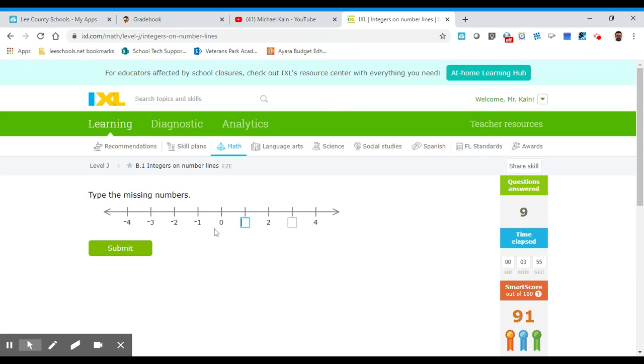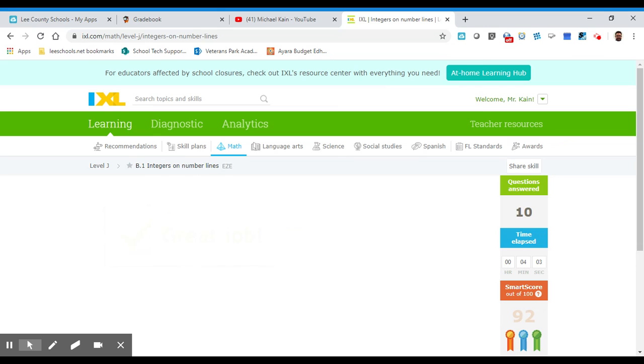And last one. What are we counting by? Also by ones, right? Because 0, negative 1, negative 2, negative 3. So this has to be 1, 2, 3. I don't see any that count by 3s. This is a little bit more complex, but you're counting by 2s, right? Because 0 to negative 2 is a count of 2. So this would have to be negative 4, and this one would have to be negative